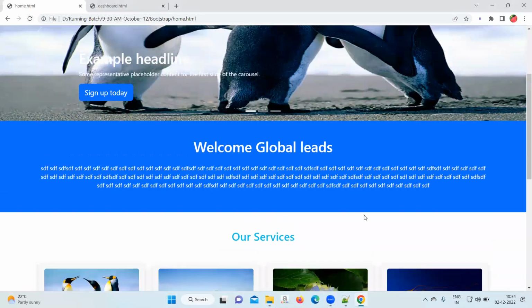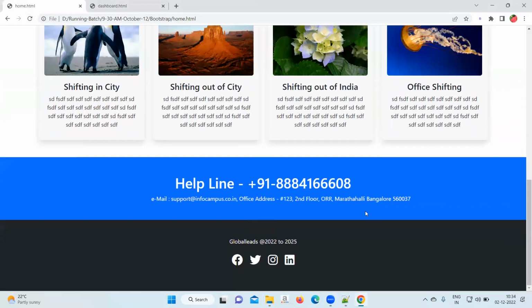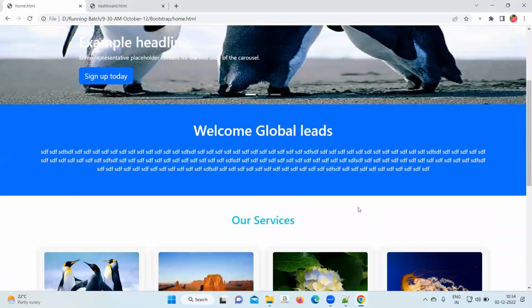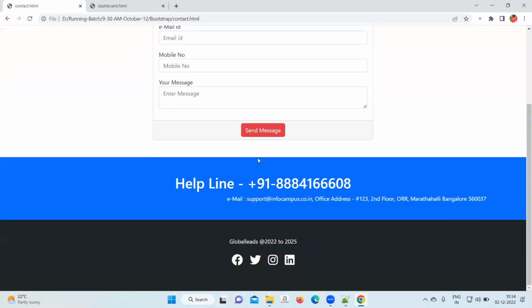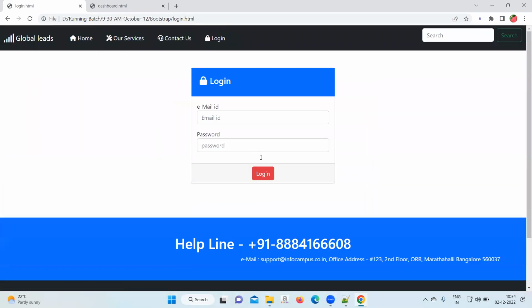See, it's like this. From the home file also we have a contact section. In the service file also we have a contact section. In the contact file also we have a contact section. In the login file also you have the